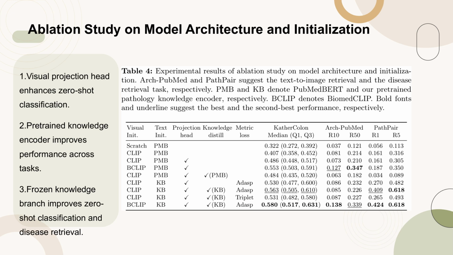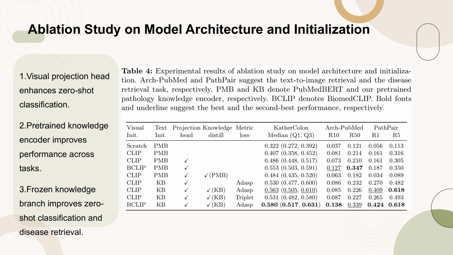The use of a pre-trained knowledge encoder consistently improves performance across various tasks, and freezing the knowledge branch further enhances performance in zero-shot classification and disease retrieval tasks. These results underscore the importance of specific architectural choices and initialization strategies in achieving optimal performance in visual language pre-training